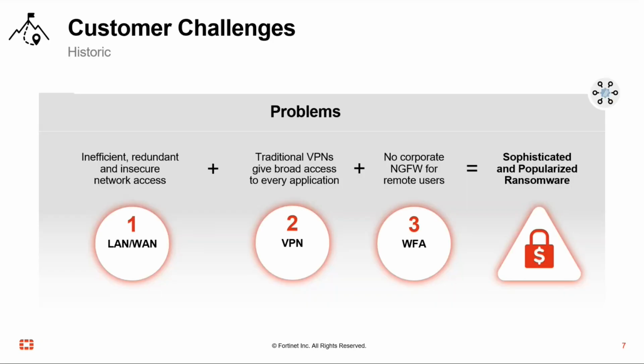So customer challenges, hopefully these challenges are not new to yourselves. The first one on the left-hand side, so inefficient, redundant, and insecure network access. So traditional, let's say, challenges that enterprise customers see from a LAN and WAN perspective. Problems that arise from that as well. So when we look at traditional VPNs, they're not very granular. They're basically going to encapsulate all the traffic. So for every application, it's going to be encompassed within that. One way that we can address that, and we'll come on to that, is with zero trust network access.